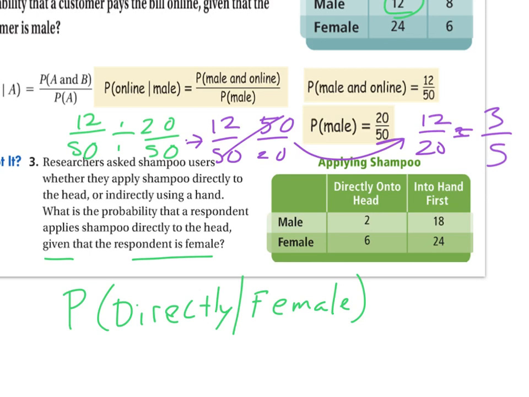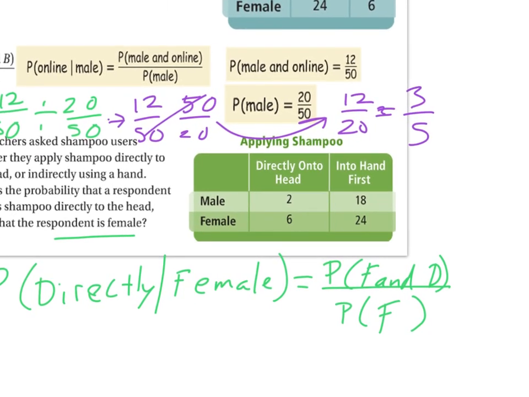So we have in our numerator female and directly. I'm going to abbreviate a little bit here. So F and D, female and directly. And then in the denominator, one way that I find that is easier to remember this is to remember that it's the given condition that goes in the denominator. So female and directly divided by female is what we would be looking at. So if we figure out those two probabilities,